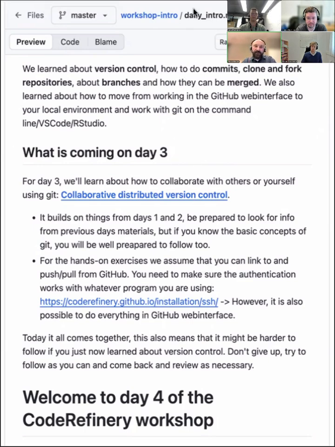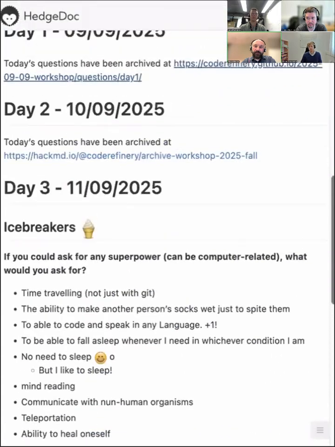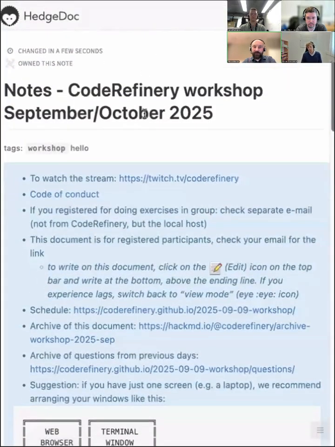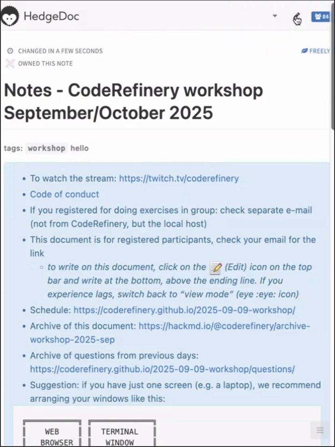What else? Some practicalities. I switch window to this notes document, which you should all have received via email in the reminder that I sent a minute ago. If you were not with us in the previous days, on the very top right corner, which now is hidden by our webcams, you should see a pencil.